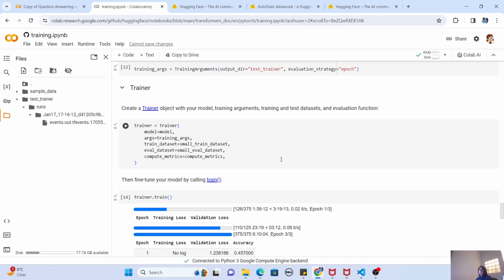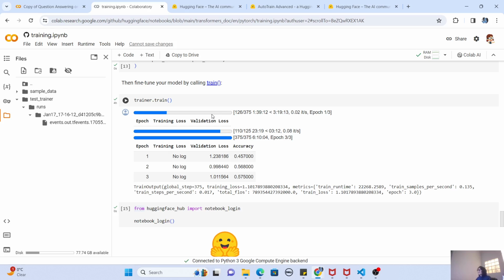The evaluation dataset, which is my small testing dataset, we used 1,000 random sentences from the test dataset, and that becomes the eval dataset. What is the metric for evaluation? That is your compute metrics function, which evaluates through the accuracy metric. And finally, guys, you just do